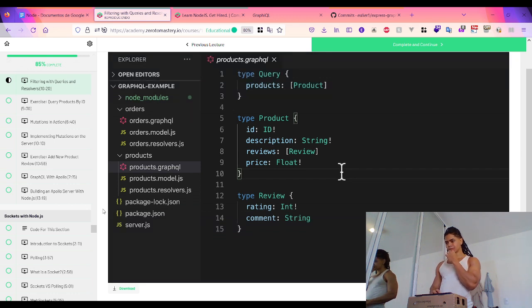So what is the GraphQL approach? We're going to be using parameterized queries, or